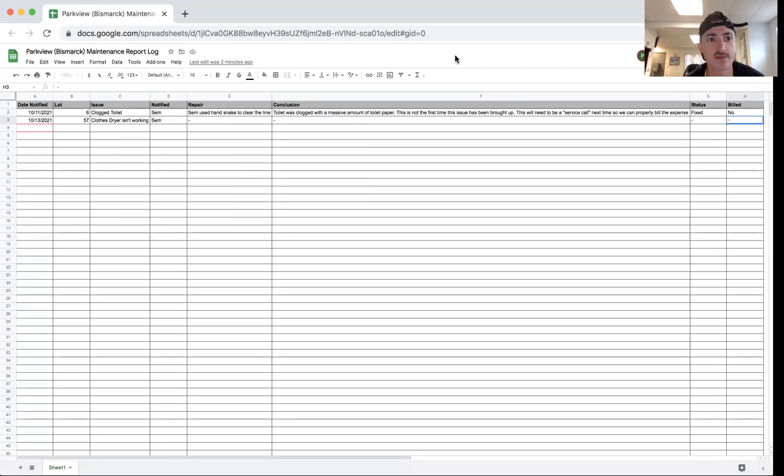Hey guys, I built this spreadsheet to track our maintenance reports across the Parkview mobile home park. As we know, we've got a handful of rental residents in this community, roughly around 65, which is quite a bit. And our goal is to eventually dwindle down to where we don't have any rental units in the community, but